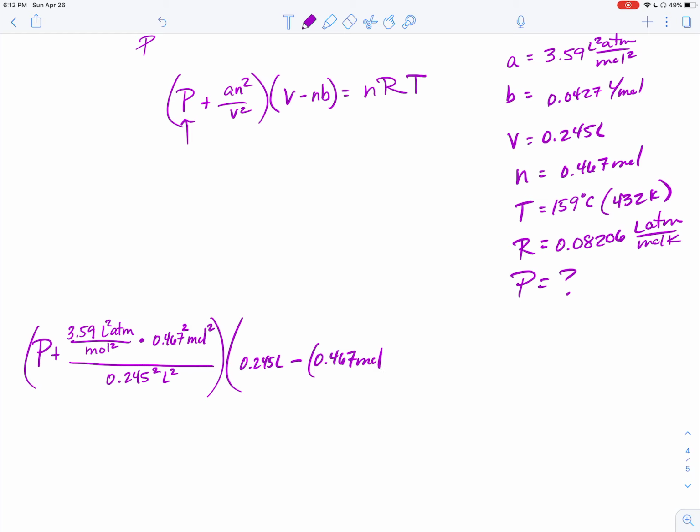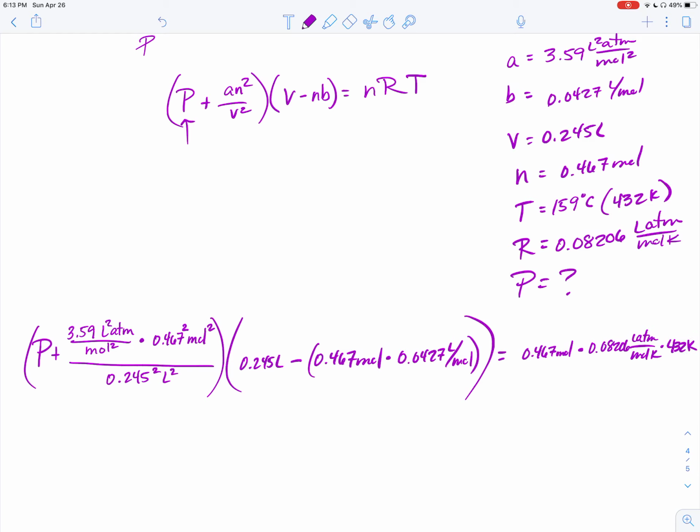And I'm going to put this in parentheses and multiply that times our B correction factor of 0.0427 liters per mole. And then we're going to have our nRT, so our n is 0.467 moles times our R is 0.08206 liters atm per mole Kelvin